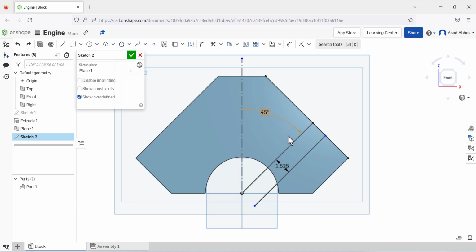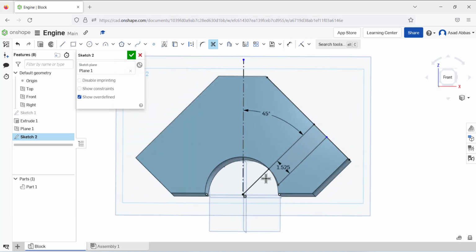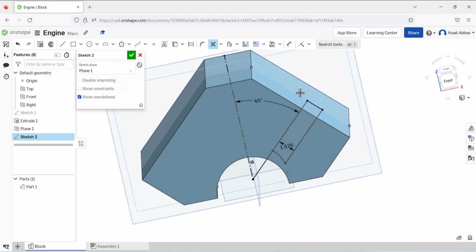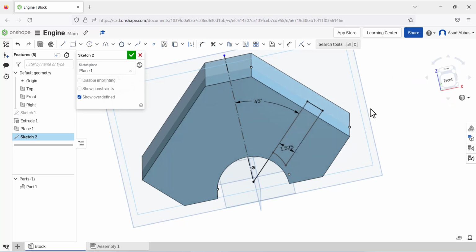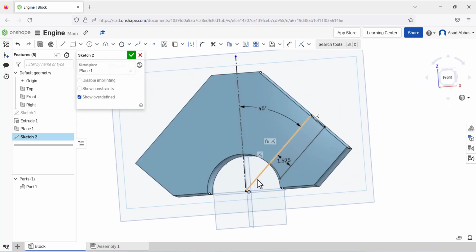Sorry, we have to project this circle. So convert entities tool and select this circle, and now use the trim. So basically we don't need this portion and this portion and this portion, this portion, this portion, and this portion. And we are going to exit from the trim tool, and this line